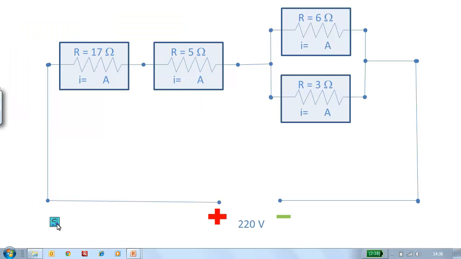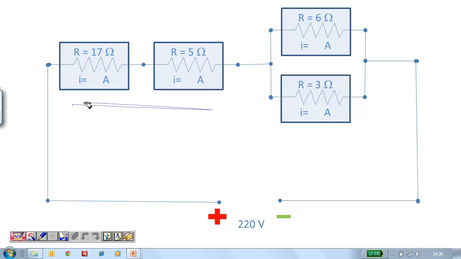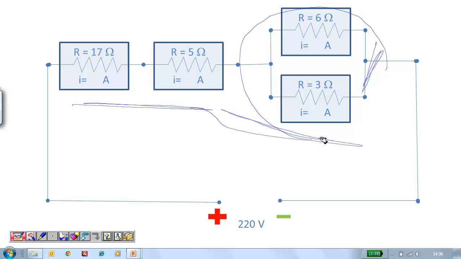Now let us see how we can go about solving a more complicated problem. In this case, we have a couple of resistors in series, and then we have these two in parallel, and then all of these are in series. So the way to do it would be to look at this circuit and see what the effective circuit would be. Effective circuit meaning that I will have to find out the effective resistance of this parallel branch,